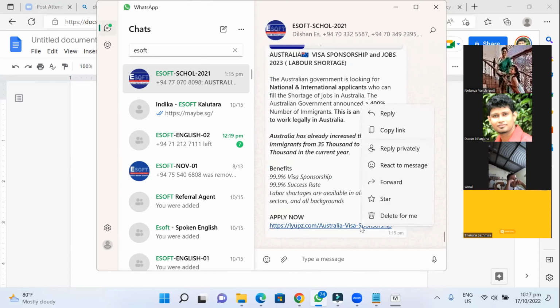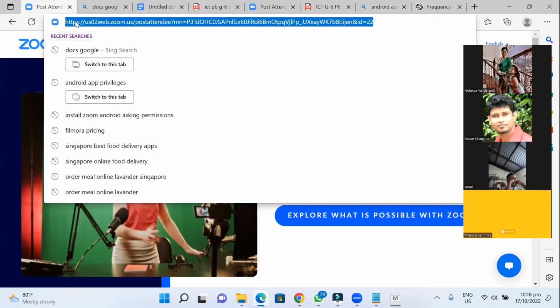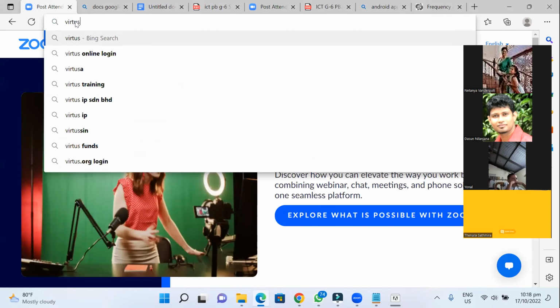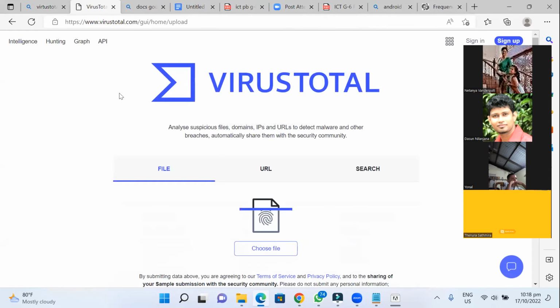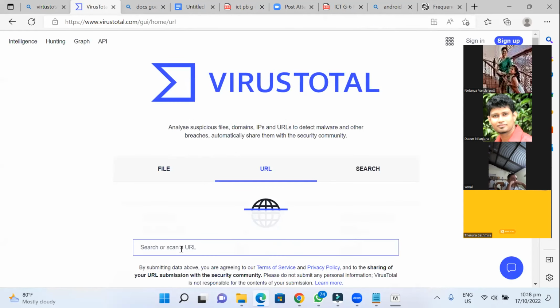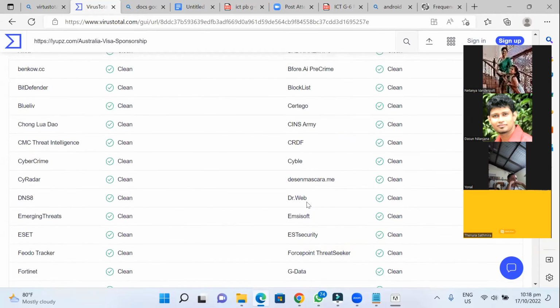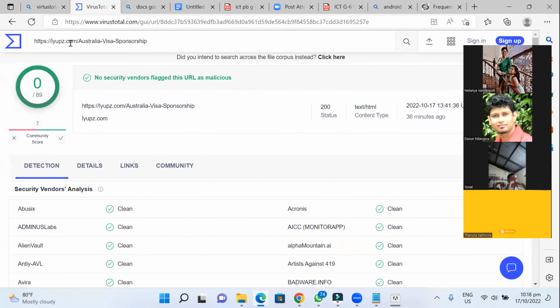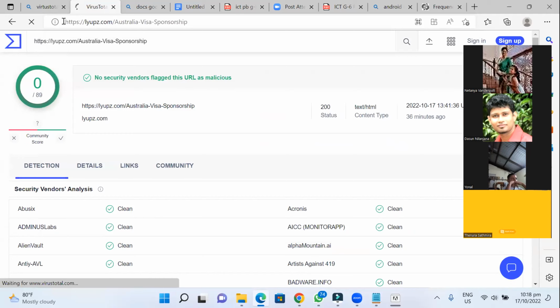Instead of clicking on this link, one thing that you can do is copy the link and scan it. You can go to a website like VirusTotal and scan this URL. It's not assuring 100%, but it's better you check this at least once before you apply, because these are spam most of the time. This says it is a clean URL, but sometimes when you try to apply, it's asking you to share this to multiple groups. Likewise, they are giving some spamming options.